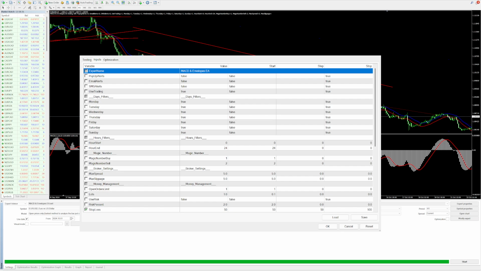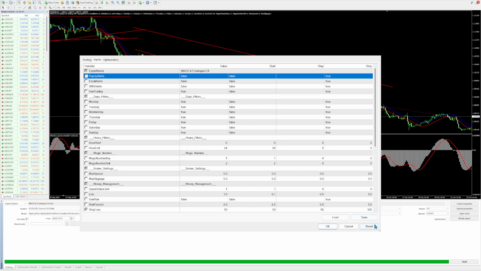So the first setting we're going to look at is the expert name. You can change that to anything you like, MACD and Envelopes EA by default. Pop-up alerts. Let me just reset this. Pop-up alerts, when set to true,